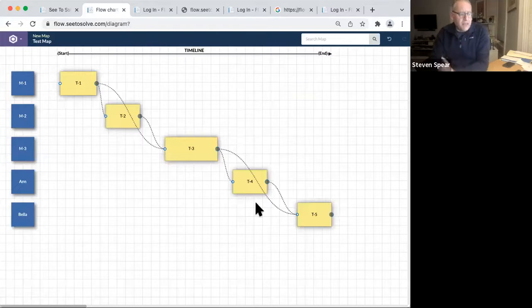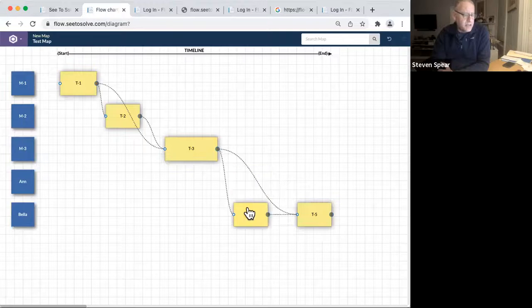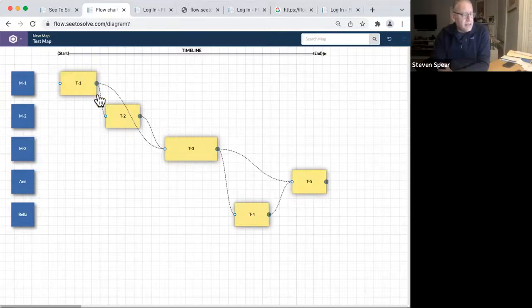And then this allows us to get into some sort of diagnosis. So for example, if we think that maybe Bella's better adept at doing task 4, we can say, oh, we should really have this task done here. We should really have Anne doing this task here. So anyway, the point is that this tool is very, very easy to generate the flow of work, very easy